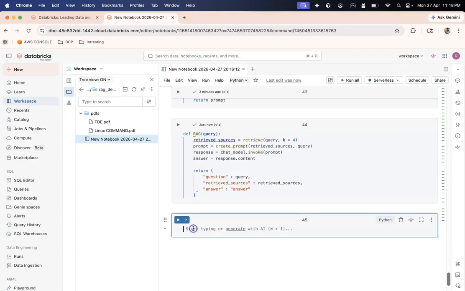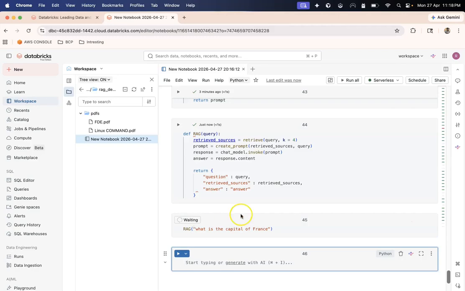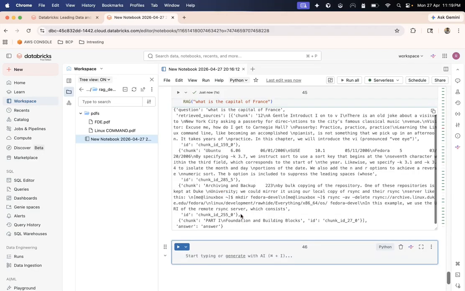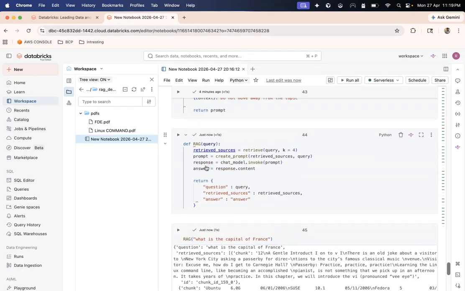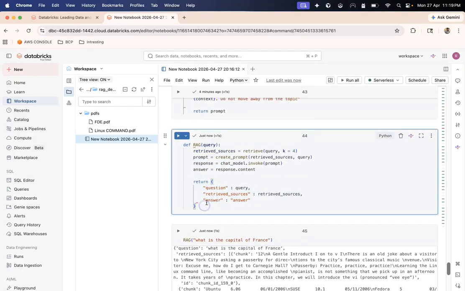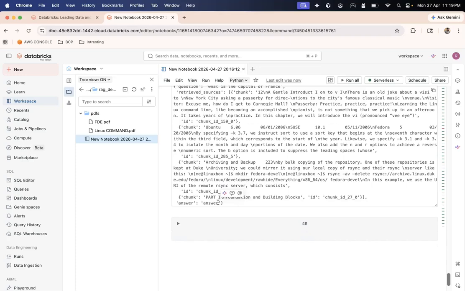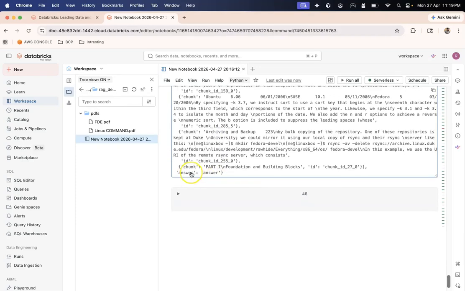We can now test it out with all sorts of queries. So let's ask some really dumb questions which we know are not covered in our documents. Let's run this. What is the capital of France? You see, now it has returned the whole JSON. I might have to get the answer part, so let me click on it and see the answer.